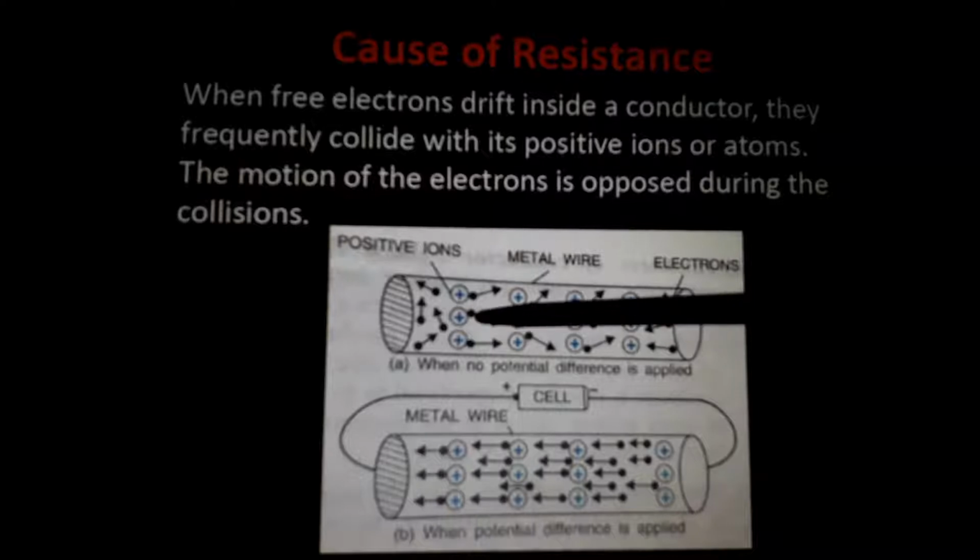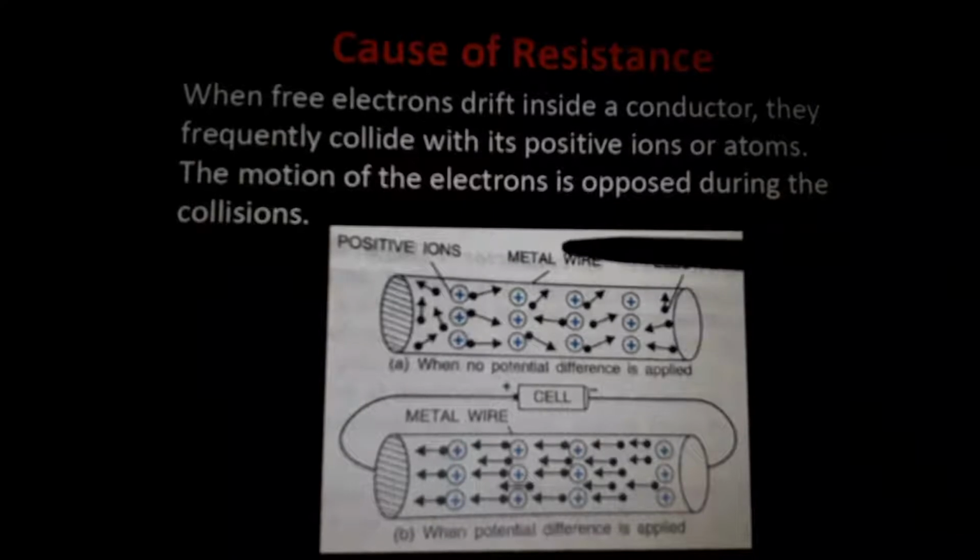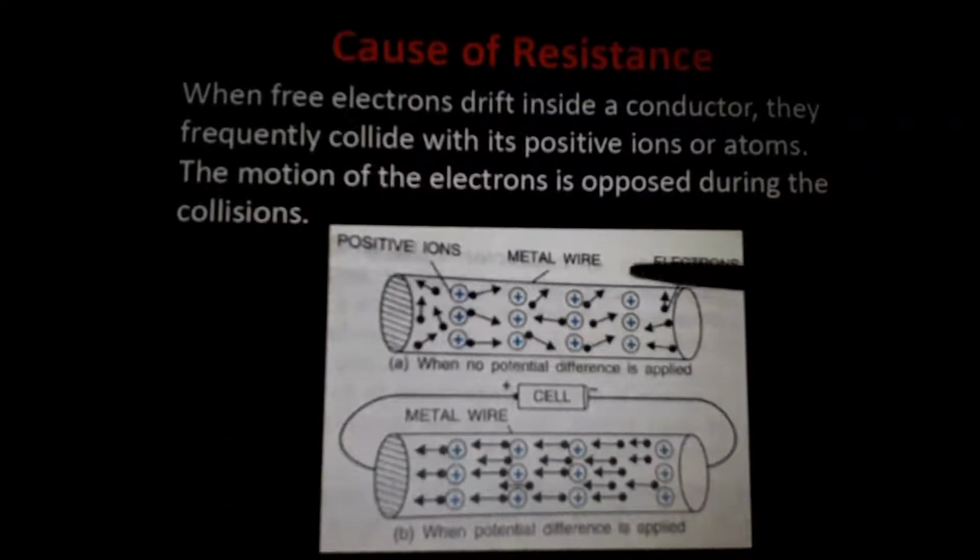So what is happening here? The energy which the electron is carrying is transformed into heat. The law of conservation of energy states that energy can neither be created nor be destroyed, but it can change from one form to another. Here, the moving force of this negatively charged ion is converted into heat energy. That is the cause of heat generated inside that conductor. It won't be asked in the exam, but you must know how the heat is generated inside that conductor.